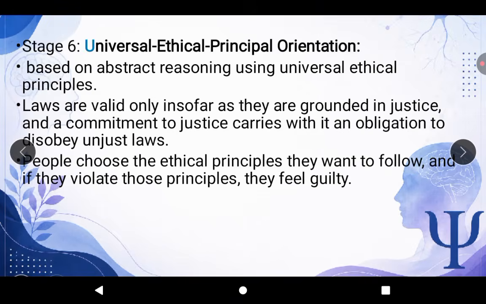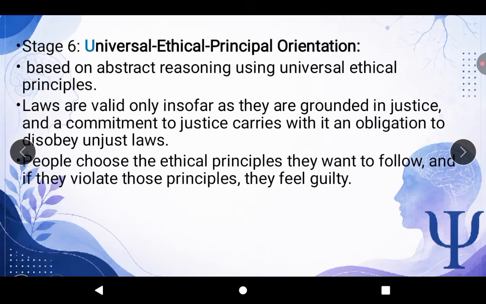Then there's also stage 6, which is known as the universal ethical principle orientation. UEPO, universal ethical principle orientation. This is to do with abstract reasoning using universal ethical principles, like the laws which should be followed, justice, and also the obligations